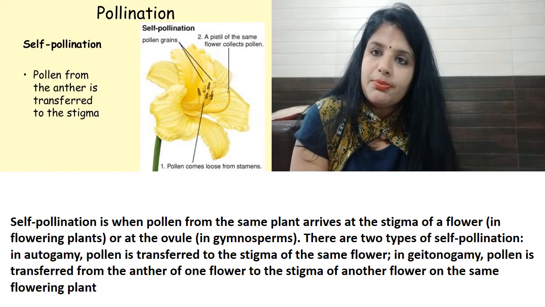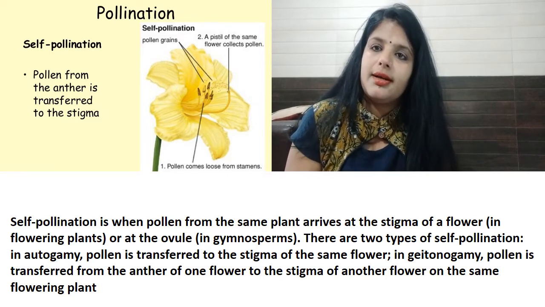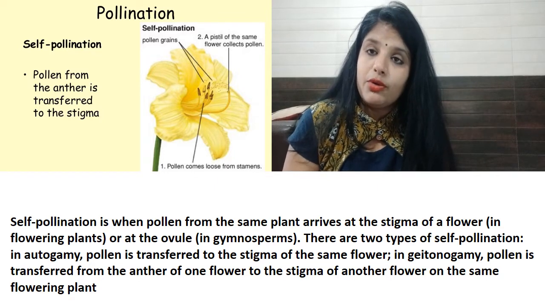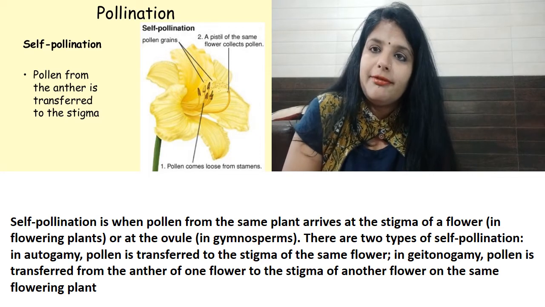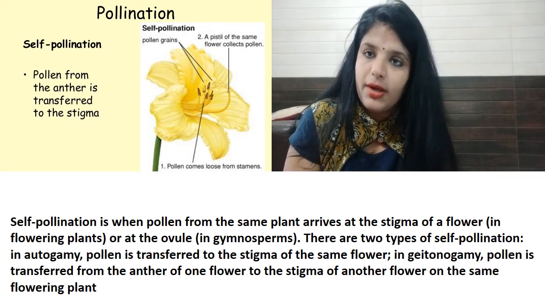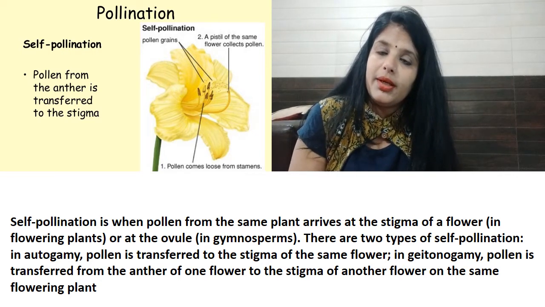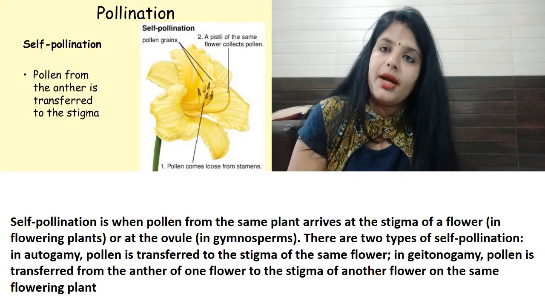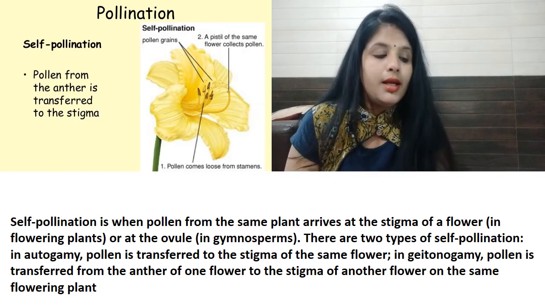That means the pollen grains of a red rose flower can go to a white rose and grow there, but if the pollen grains of a rose flower fall on a lemon flower, then it will not germinate at all. So pollination is only possible when pollen grains transfer from one flower to another flower of the same species, right?